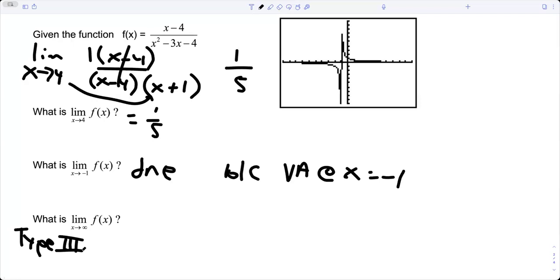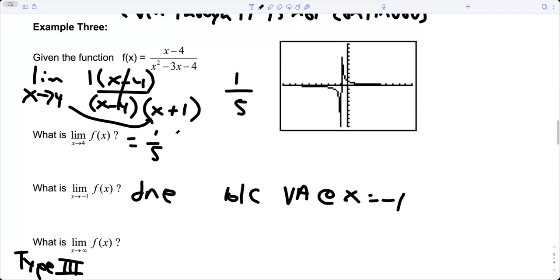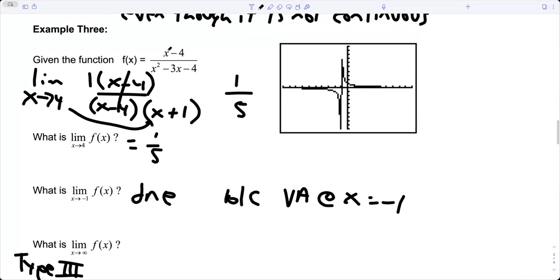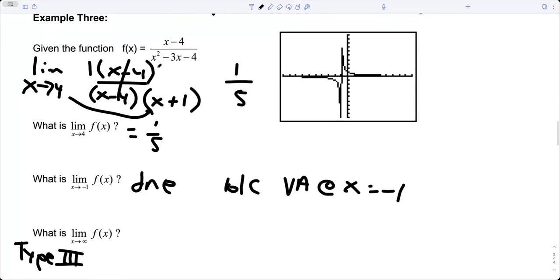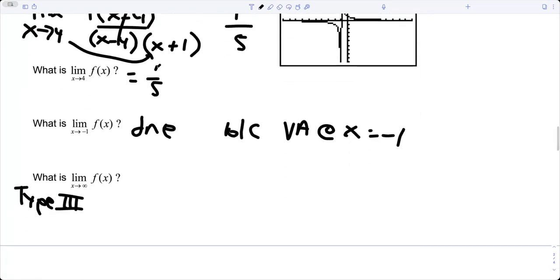So where is this function bigger? I've got a degree of 1 on the top and a degree of 2 on the bottom. Therefore, this is BOBO, and the value of this is 0. Okay, so